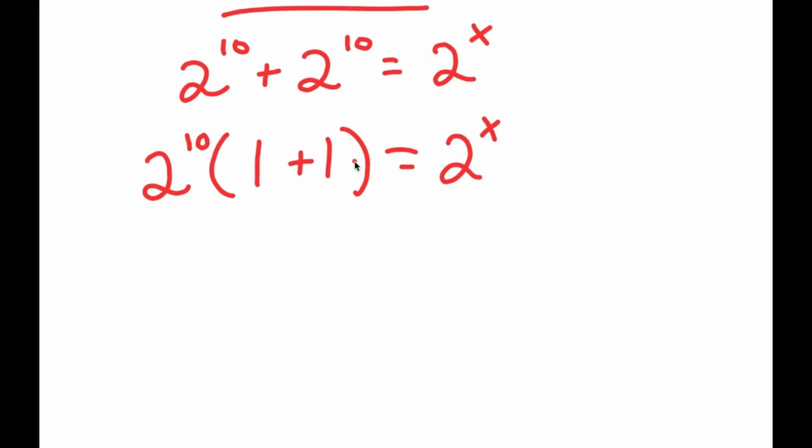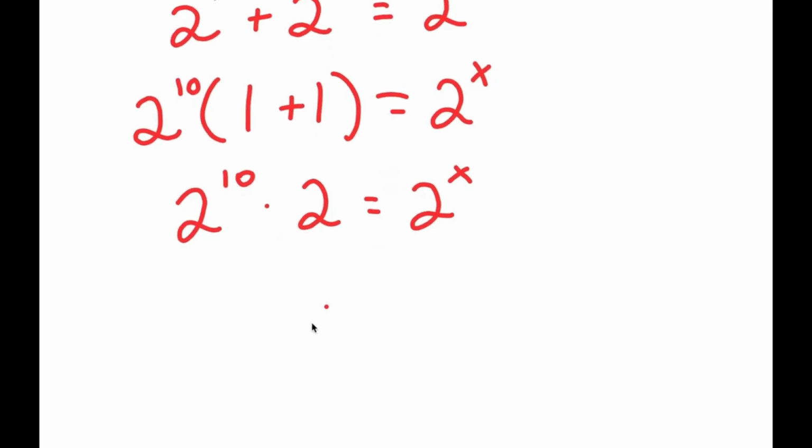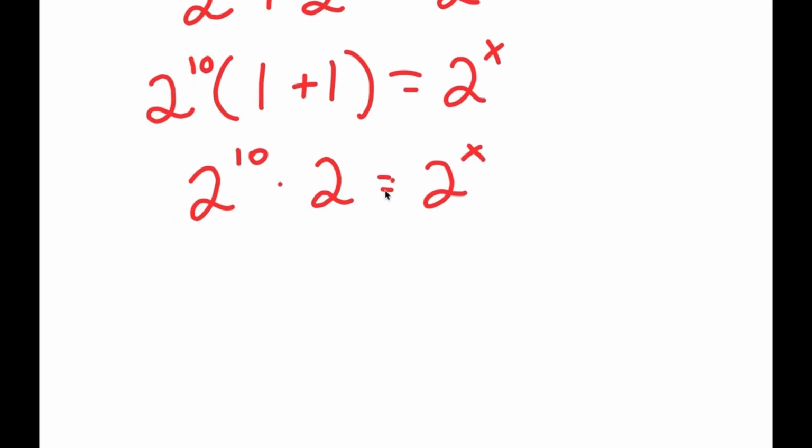Now from here, 1 plus 1 is equal to 2, so I get 2 to the power of 10 times 2 is equal to 2 to the power of x. And a simpler way of doing this is, instead of just factoring this out, well, we have two to the power of 10s here, and if anything added by itself is the same thing as that number times 2. So we could have just said 2 to the power of 10 times 2 at the beginning instead of factoring it out. So now from here, what I want to do is I can actually solve this